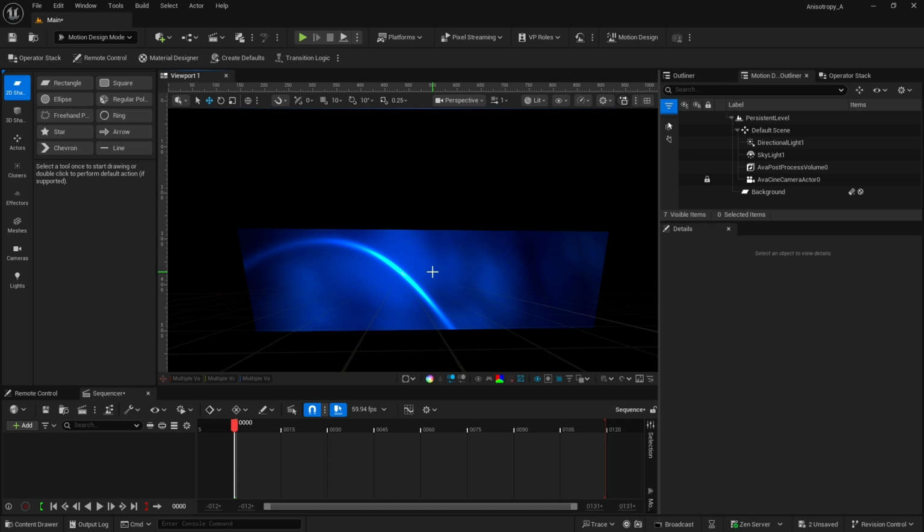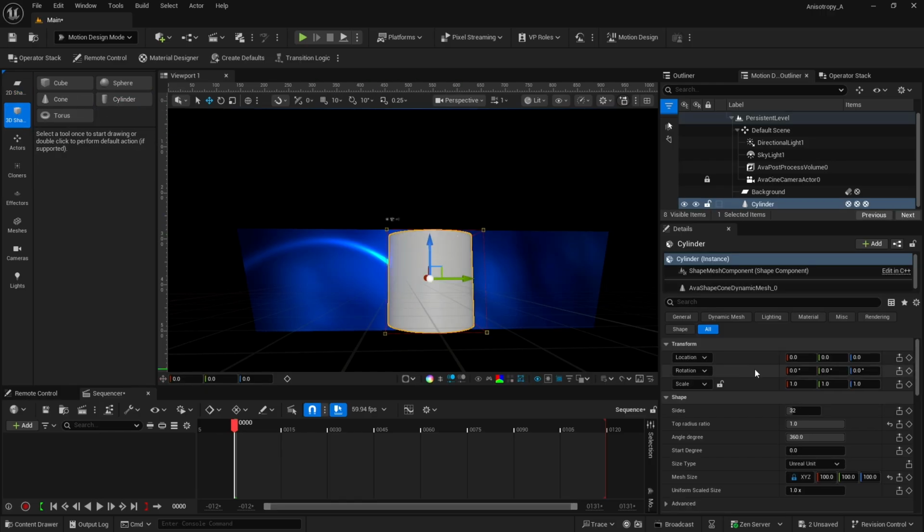For the main circle for that, I'm going to use a 3D cylinder. So I'll go over here to the 3D shapes and double click and drop in that cylinder. On rotation right here on the pitch, I'm going to set that to 90 degrees. I'm going to bring our sides up to 128. That just smooths out the roundness of this